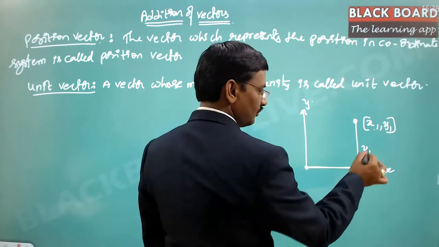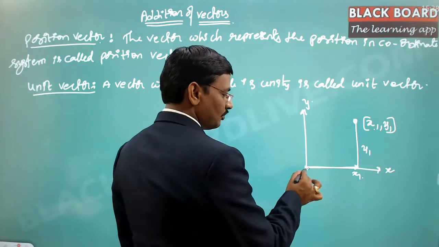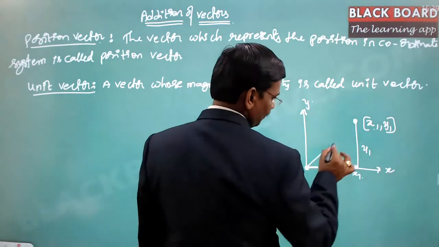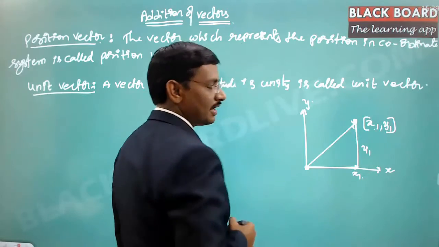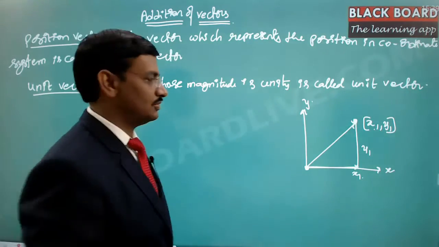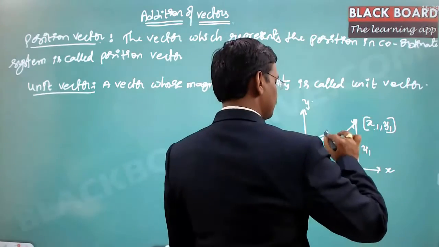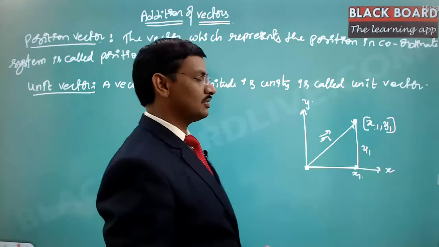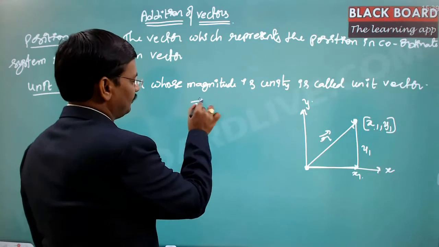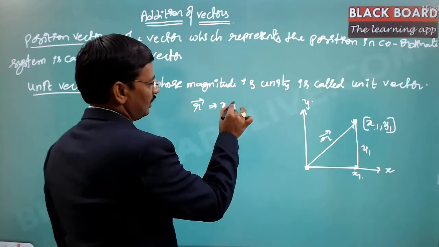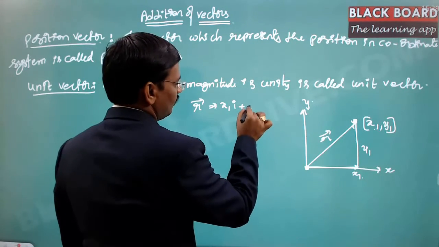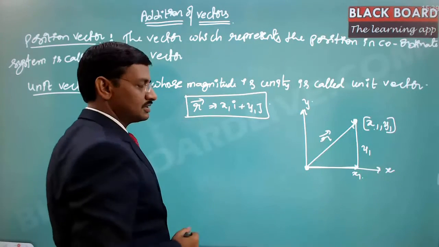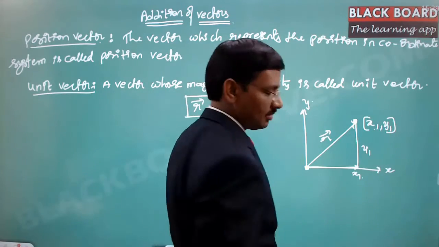Obviously the position here, this point location x1 comma y1, inherently includes the information of the origin also, since you start counting from here. So these two pieces of information include the starting point of the origin. Hence if you draw a vector starting from here to the ending position, this vector is called the position vector. It is usually represented with r. So r is equal to x1 into i plus y1 into j. This is the position vector representing this particular position of x1 comma y1.